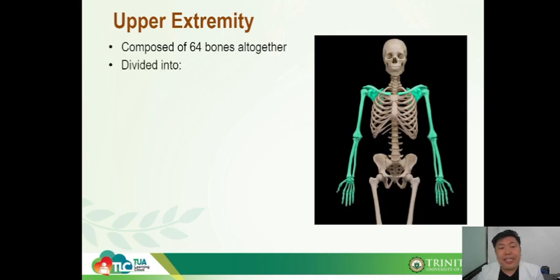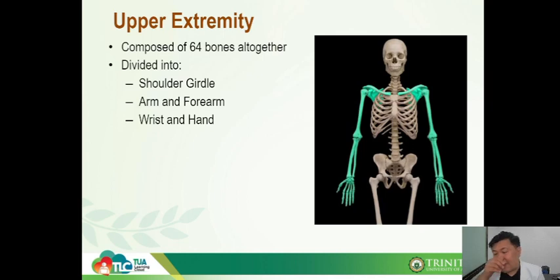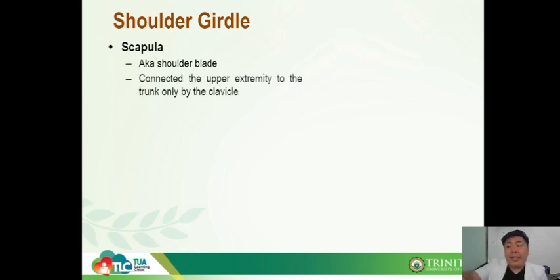The upper extremity is actually divided further into the shoulder girdle, the arm and the forearm, and the wrist and the hands. And yung three main divisions niya. So let's talk about them one by one by starting with the shoulder girdle. First, we have the scapula, also known as the shoulder bone. Ang role ng scapula is to connect the entire upper extremity to the trunk. Okay? The scapula or the shoulder blade connects the upper extremity to the trunk